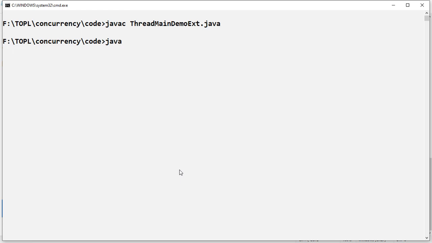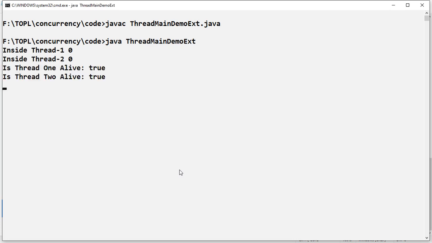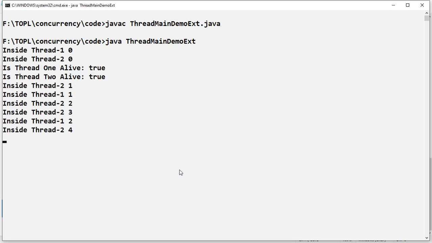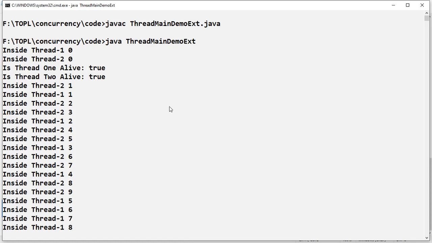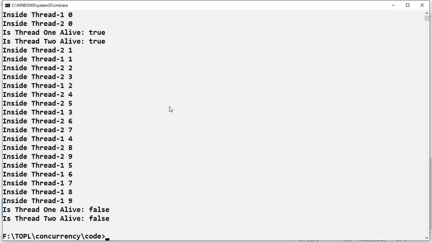So currently both the threads are true, which means both the threads are alive, because the start method was called. Once the threads were joined, the threads are checked for whether the thread is alive or not. So both the threads are not alive, they are dead because their execution was over, and we have got false as the return value. That means both the threads were dead.